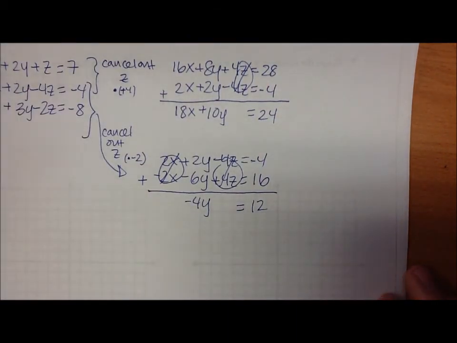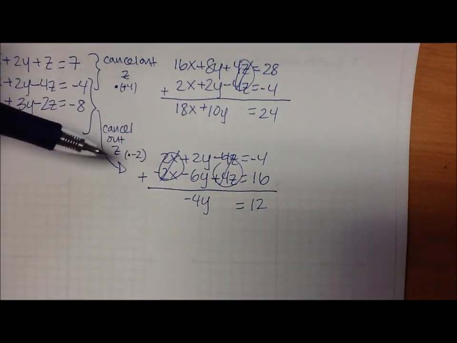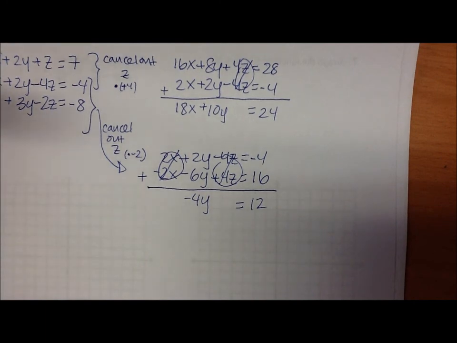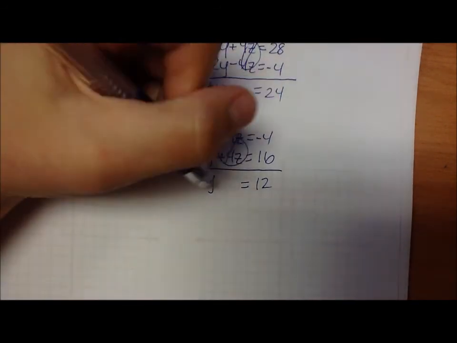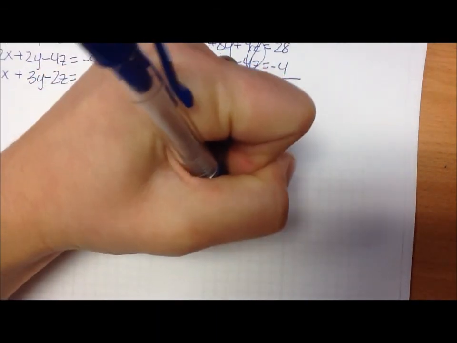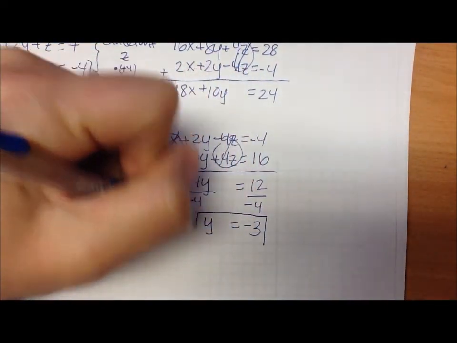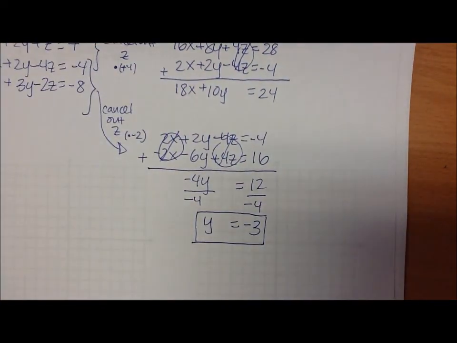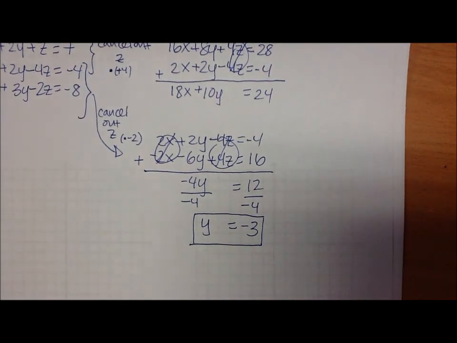So this time, I actually got my x's and z's to cancel out when I canceled out a z, which is okay, that's allowed to happen. It just makes it easier for us actually because now we know exactly what y is. So we can continue to solve for y by dividing both sides by -4. So we get y equals -3, which is awesome because now that we know y equals -3, we have one of our three variables. So now we can plug y back in